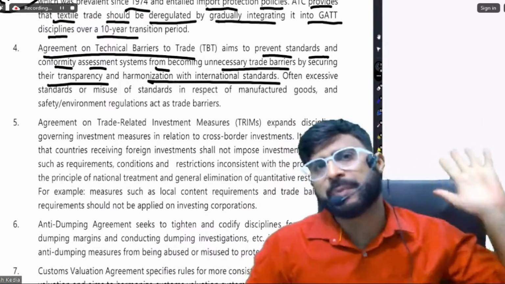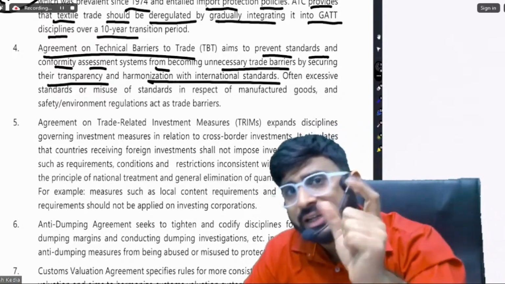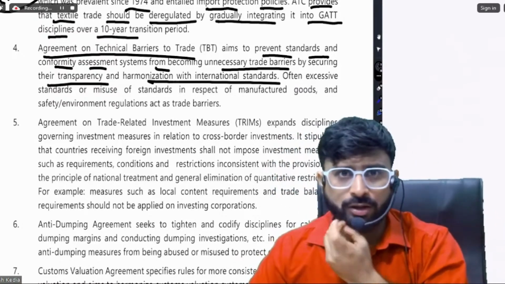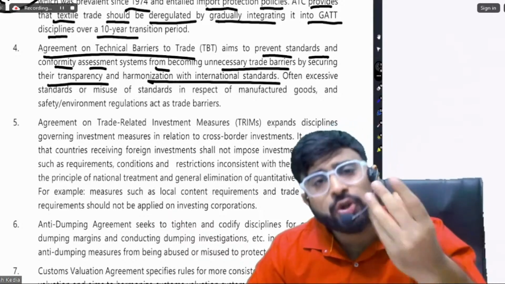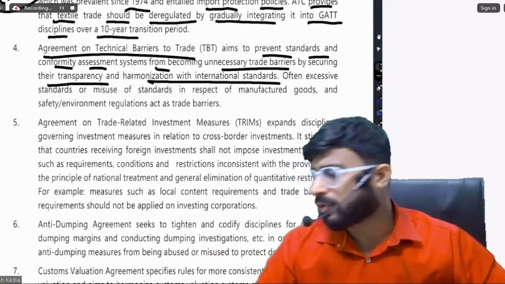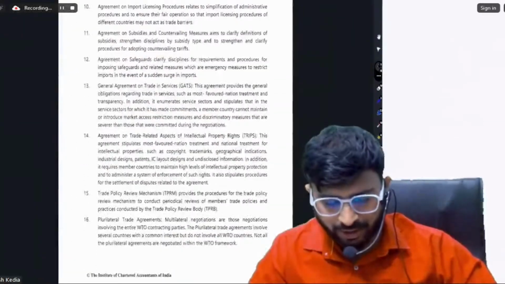So advantage should not be taken of the policies that we studied. Trade policy should be used for the right reasons to protect people. That is okay. But if it is indiscriminately being used, then it is wrong. No one will like your country. Understood, not understood, friends? Yes or no? Come on, guys.